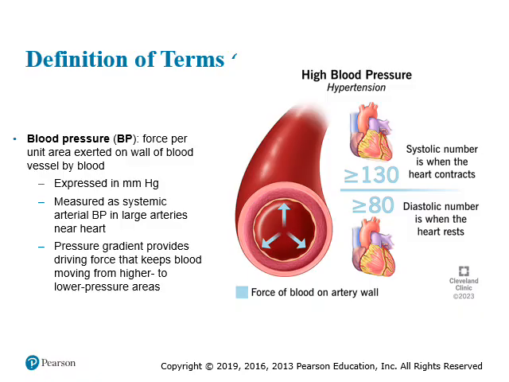The pressure gradient provides a driving force that keeps blood moving from a higher to a lower pressure area. And right here you have an example of 130 over 80, which is not really the standard normal blood pressure. The ideal is 120 over